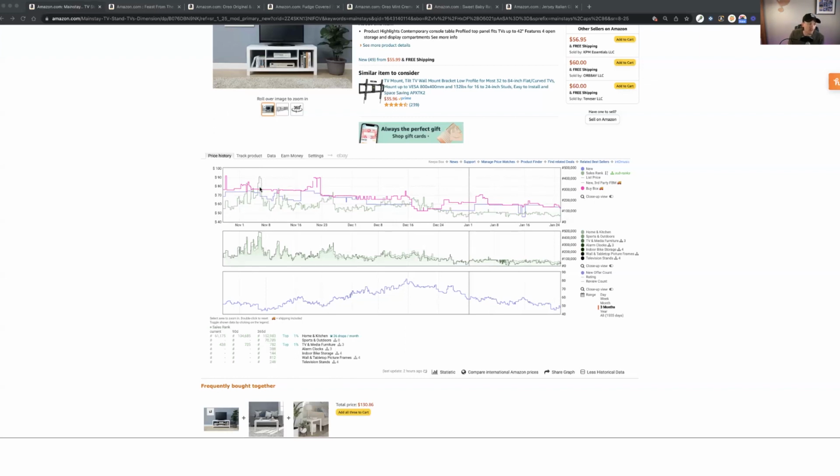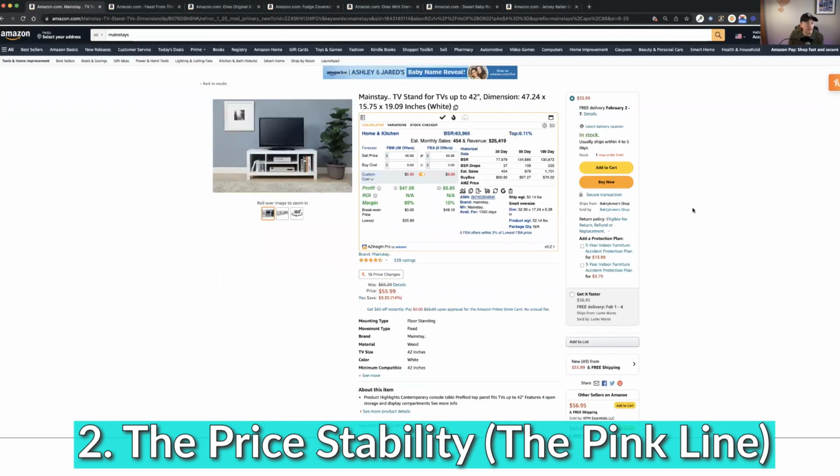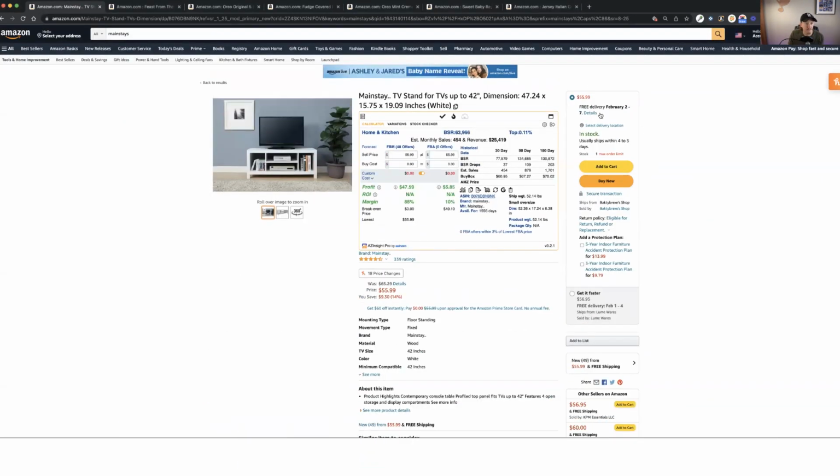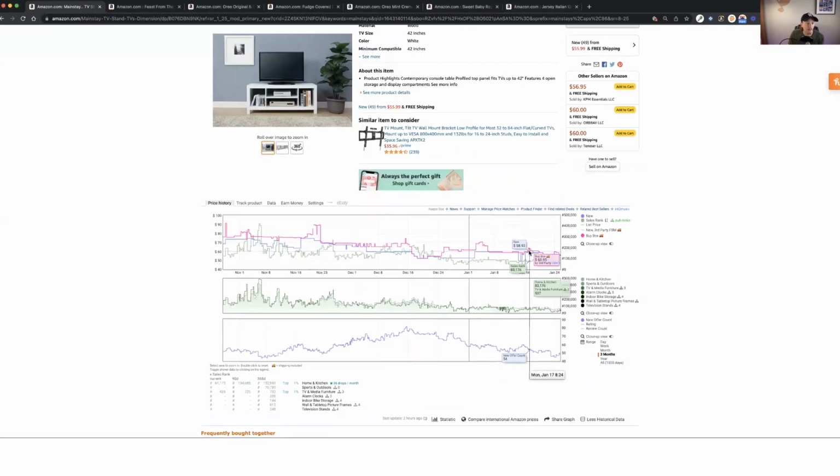And so we are looking for things that drop and can continue to fluctuate in this manner. The second thing that you want to look at is this pink line. This pink line is called the buy box line. So the buy box is what shows whenever you come over here to buy something, there's a buy box here that Amazon automatically populates. And so that is basically showing us what the buy box is at over this time